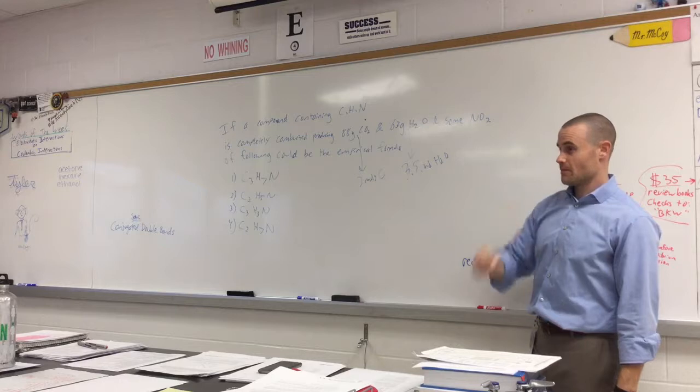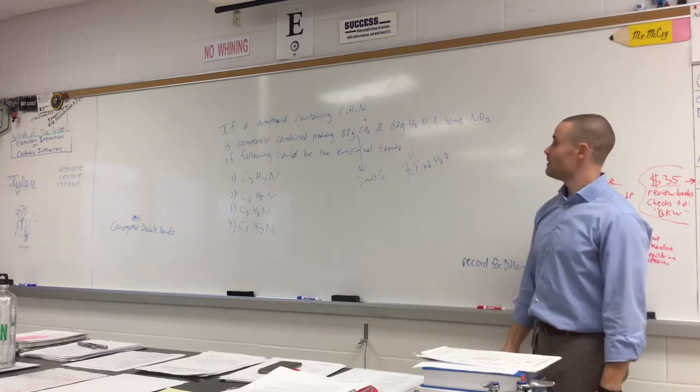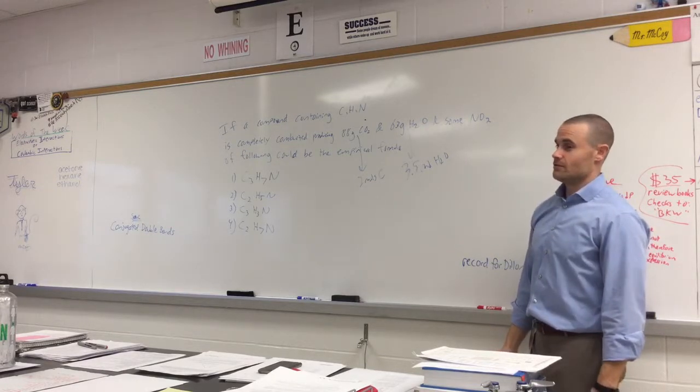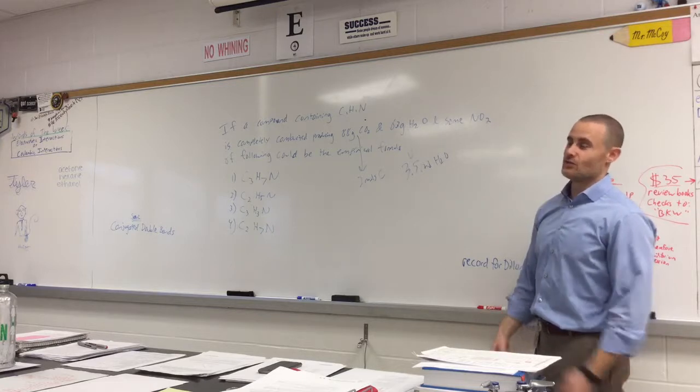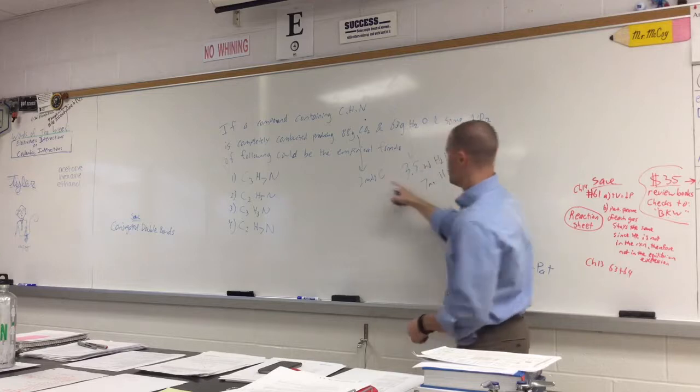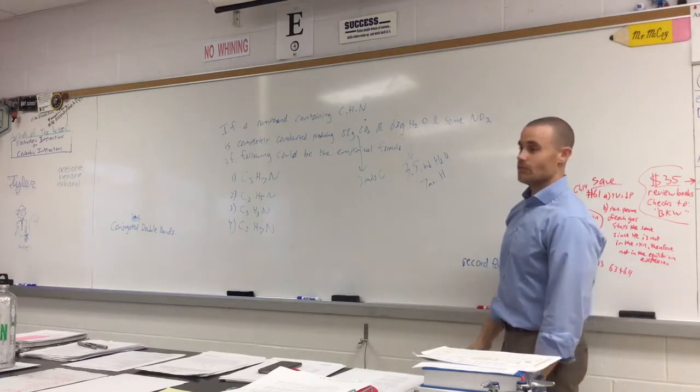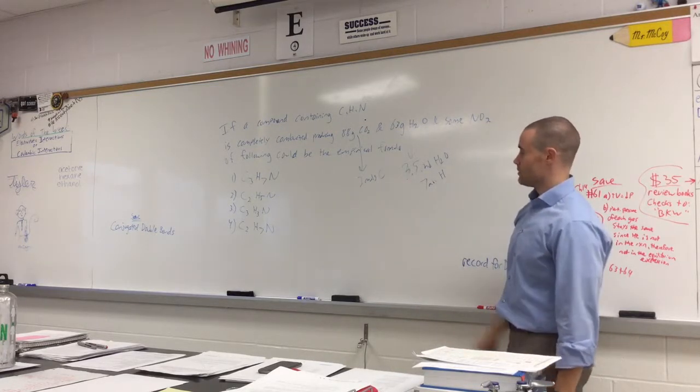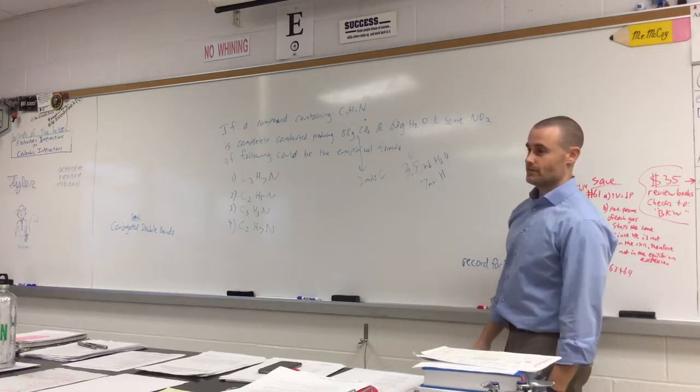But you just said there was some N in it. How many in the... Well, it doesn't matter. N is always 1. Answer's 4, because you have 7 moles of H, 2 moles of C. That's the only one that would match that 7 to 2 ratio. Oh, yeah, because it was.